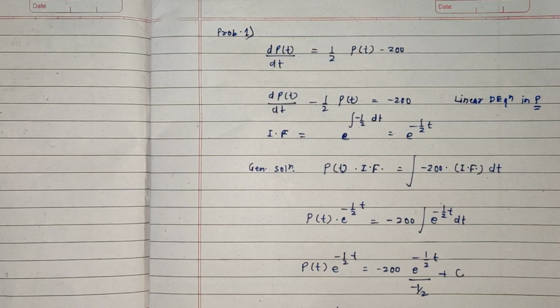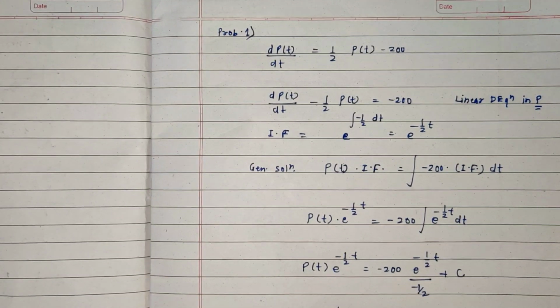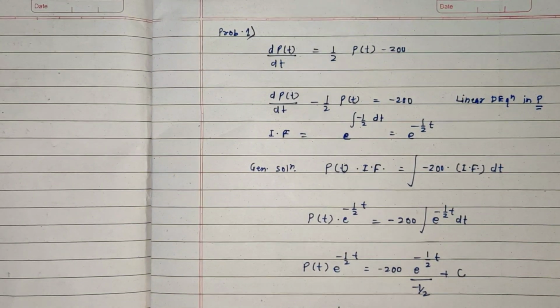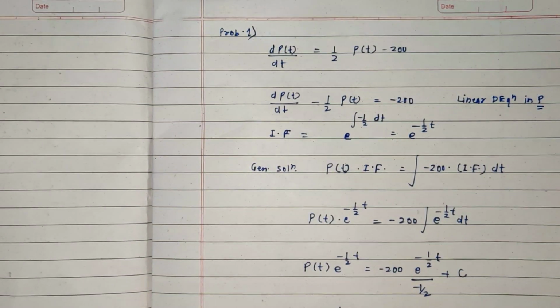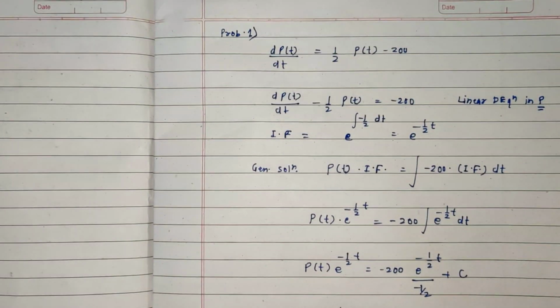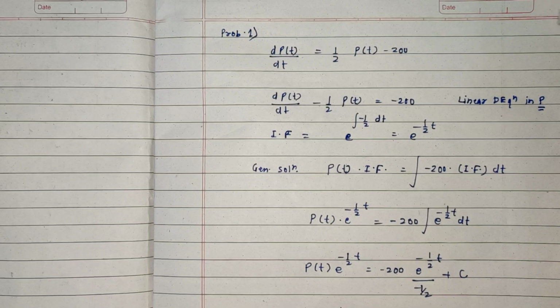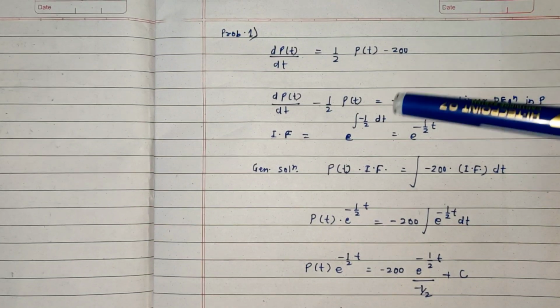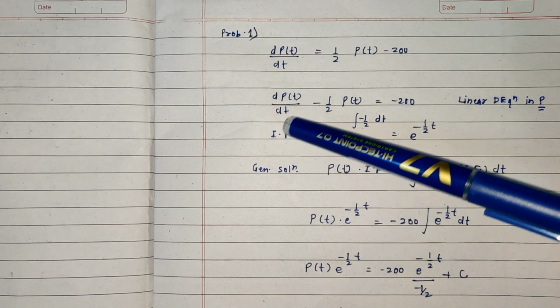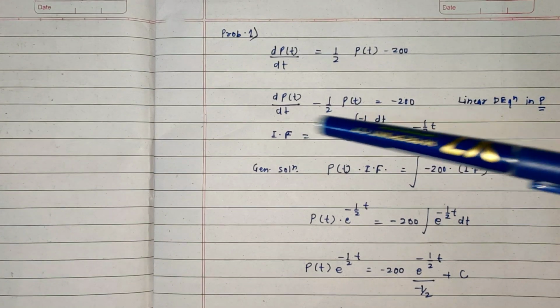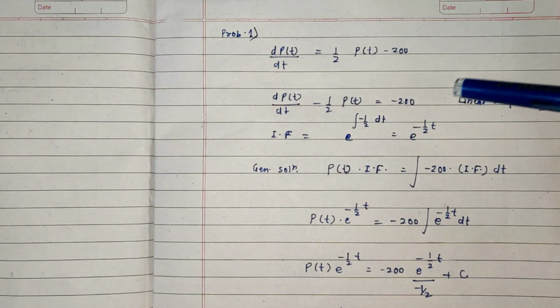minus 1/2 P is equal to -200, और इनिशियल कंडीशन दिया है P of 0 equals to 100, so which is asked P(t) is to be find out। तो इसमें A ऑप्शन करेक्ट है, so let us discuss how it is। लीनियर डिफरेंशियल इक्वेशन है ये। फर्स्ट वी विल फाइंड इंटीग्रेटिंग फैक्टर। इसका इंटीग्रेटिंग फैक्टर होगा, सीधा डिफरेंशियल इक्वेशन वी पुट इन द प्रॉपर फॉर्म। ये प्रॉपर फॉर्म हो गया इसका dP/dt minus 1/2 P is equal to -200.